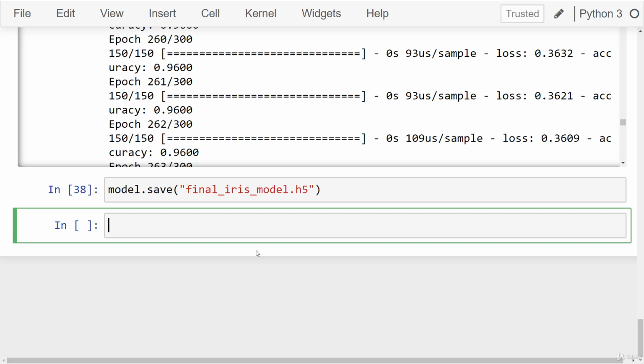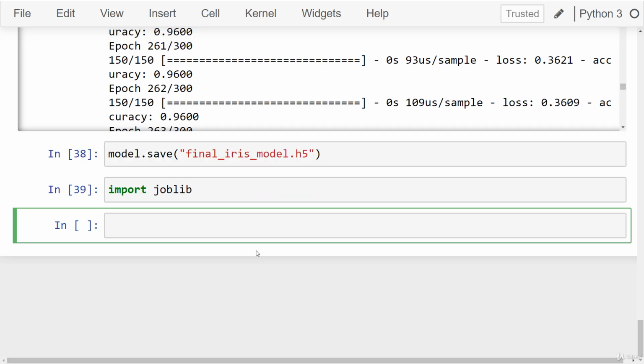And then the next thing you need to do is save the scaler itself. New incoming data will have to be scaled in the same way that the model expects it. To do this, go ahead and import joblib, or the job library. This is actually built into Python, so you don't need to download anything to run that. And then say